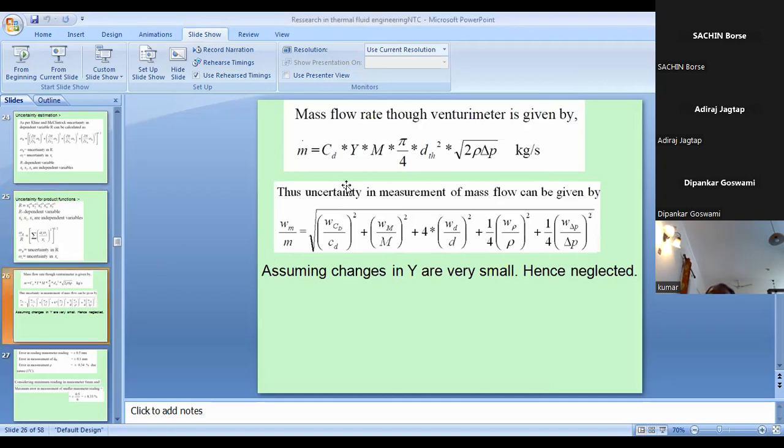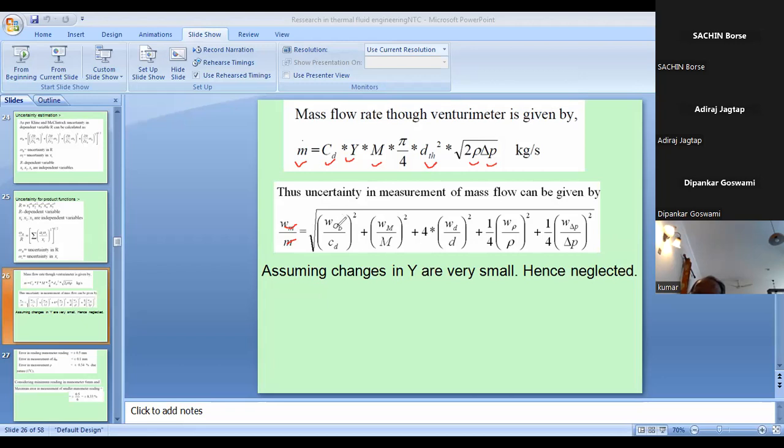Now, here I have given one simple example from my thesis. Suppose you want to find the mass flow rate. The mass flow rate depends on the coefficient of discharge, parameter Y, parameter M, diameter of throat, density, and delta P. So it is a product function. So I could write the uncertainty of mass divided by mass is the square root of